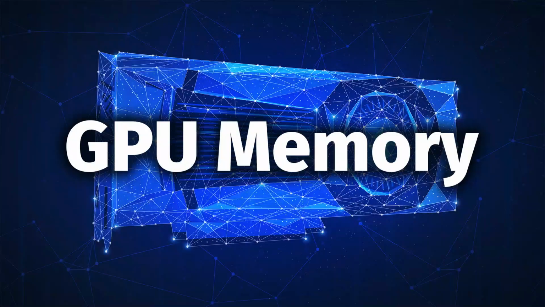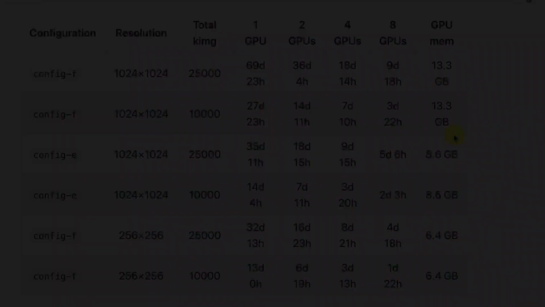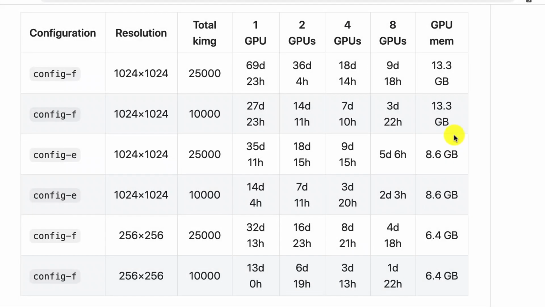First, let's talk about memory, because in my opinion, this is probably the most important factor in choosing a GPU for deep learning. This is a chart that I found on NVIDIA StyleGAN 2, and I work with StyleGAN quite a bit for image generation, so I'm very interested in having enough memory to train the various GANs that I want to deal with. This is a good representation for a lot of different memory applications. You need to have enough memory on the GPU to hold your neural network and one batch.